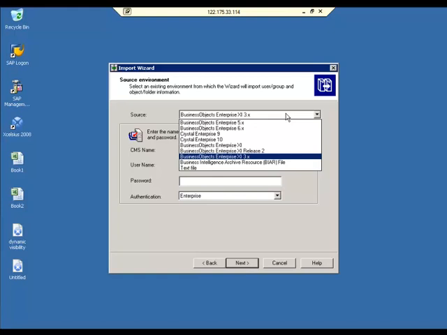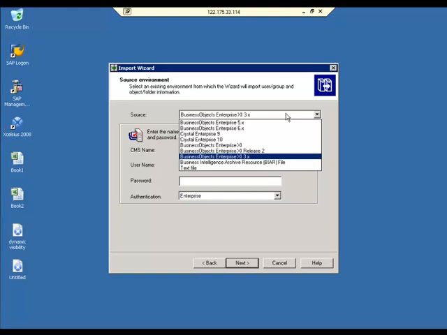Basically, the Import Wizard is just migration. Migration is just transportation, moving from one place to another, or upgrading from a lower version to a higher version. If you want to upgrade from R2 to R3, you select the source as R2 and the destination as R3.